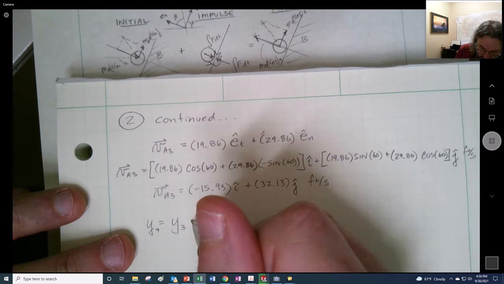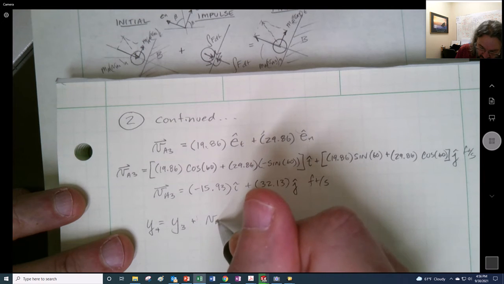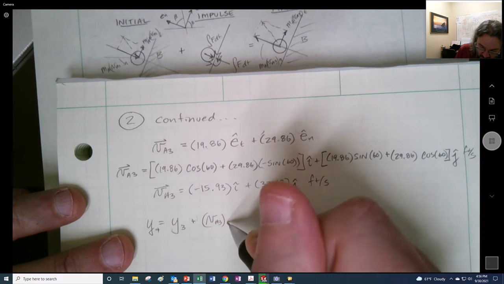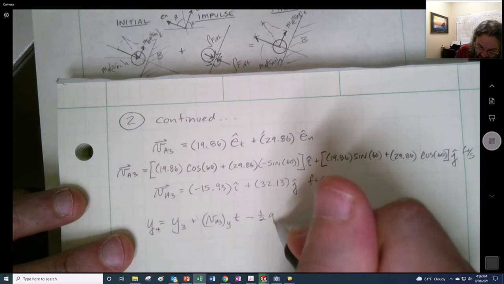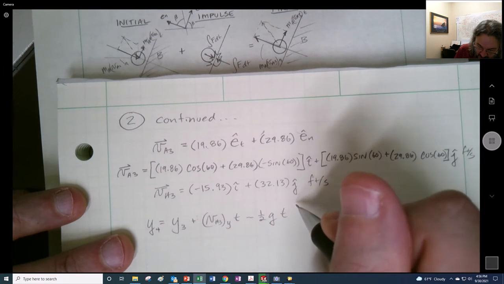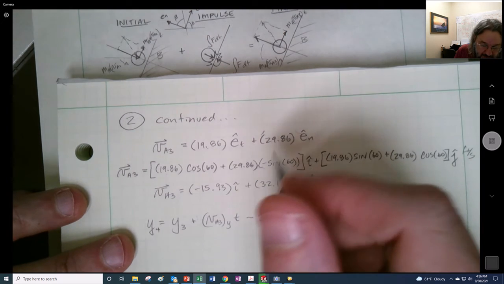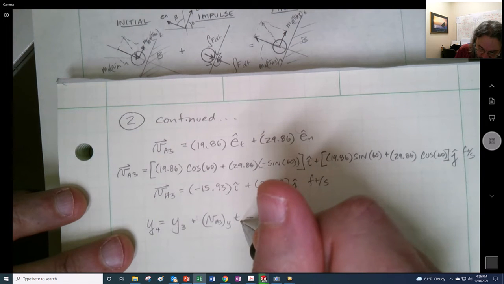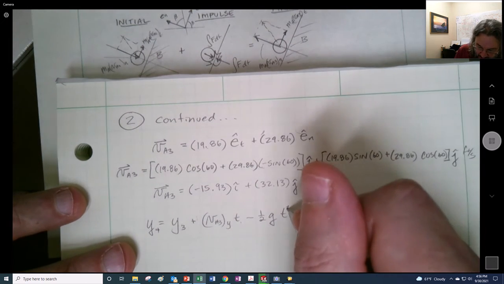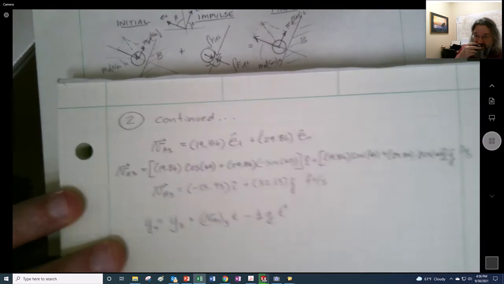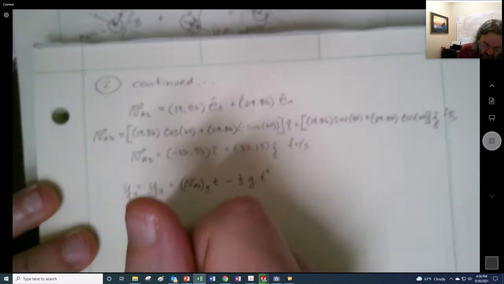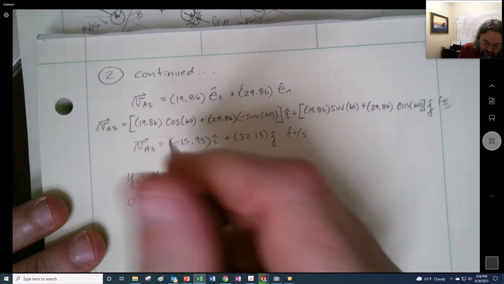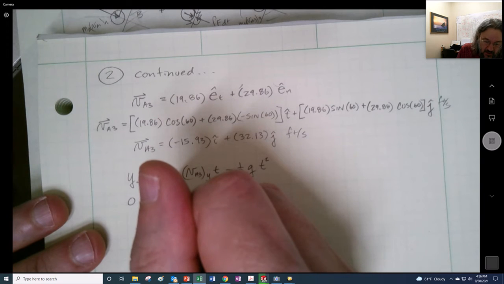It's the location of it when it's at 3 plus velocity of a3 in the y direction times time minus 1/2 acceleration of gravity times time squared. We might want to call it time 3. I just call it time. We already solved for time previously, but this is a different time. It lands when it equals 0. It starts when it's at